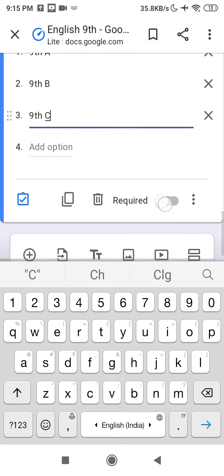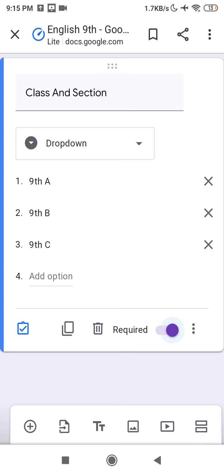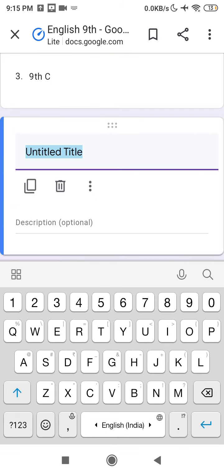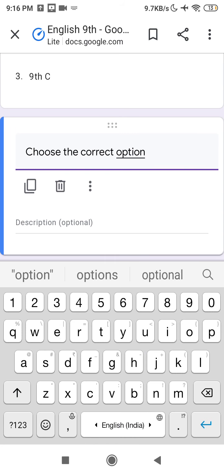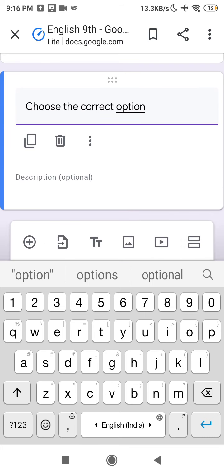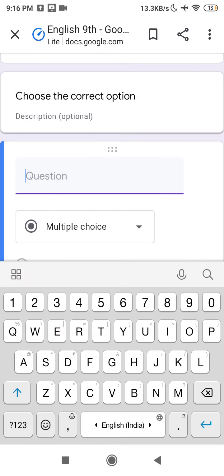So in this case you have done that main heading over there, in which we are asking the details of the student. Then you may go for the next thing. Here we put title. As per the question type you have to put the title. For example, our first one is choose the correct option. This is the heading for the MCQs basically. So after that, click on plus button again.